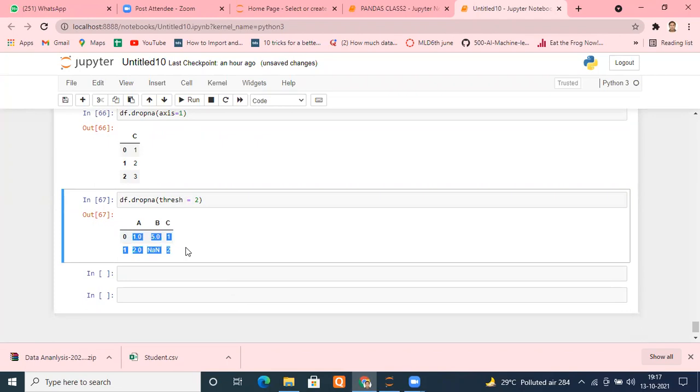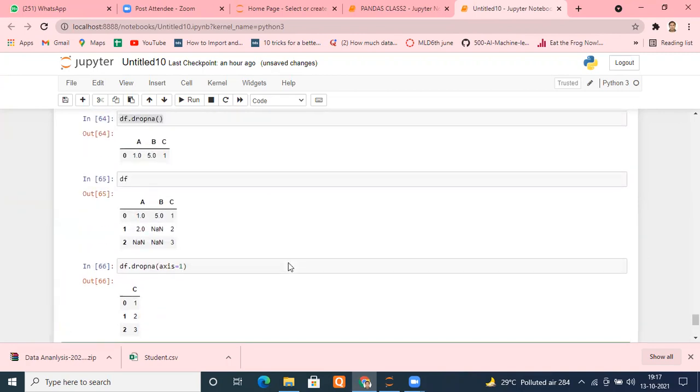Now if I set it to 3, then you can understand what is going to happen. You can change this parameter and understand everything. Suppose I put threshold equal to 1, then what is going to happen? Threshold is 1 only. Which rows will be dropped? The first and second row will be dropped? No rows will be dropped.